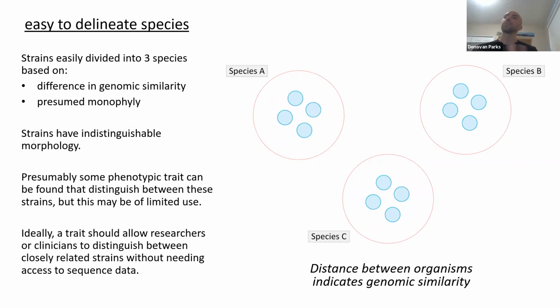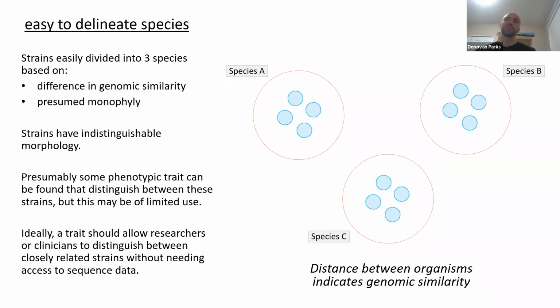Now, a slightly more complicated situation might be like this, where again, we have these nice clusters of strains and they're genomically quite distinct. Again, let's just assume that they come out as monophyletic, so they certainly satisfy those criteria, but perhaps there's no clear phenotypic trait which allows us to easily decide which of these strains belong to which of these species. So you can imagine that all these have the same morphology, perhaps they're all gram-negative, they're all say methanogens, and undoubtedly if we can find some characteristic that is different between them, they are clearly genomically distinct,